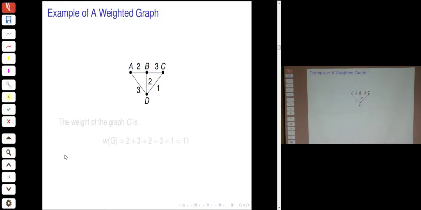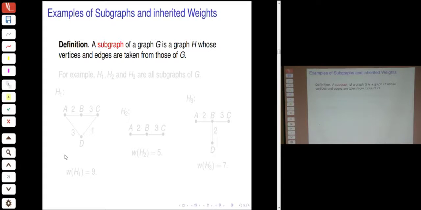So I have this graph, not very complicated: A, B, C, D, 4 vertices, five edges. Now there are numbers. So I have 1 here. This edge CD has weight 1, and BD has weight 2. So this is a weighted graph. Now the total weight of the graph, you just add all these numbers. So 2 plus 3 plus 2 plus 3 plus 1, so it's 11. As simple as that. Okay, so now we want to look at